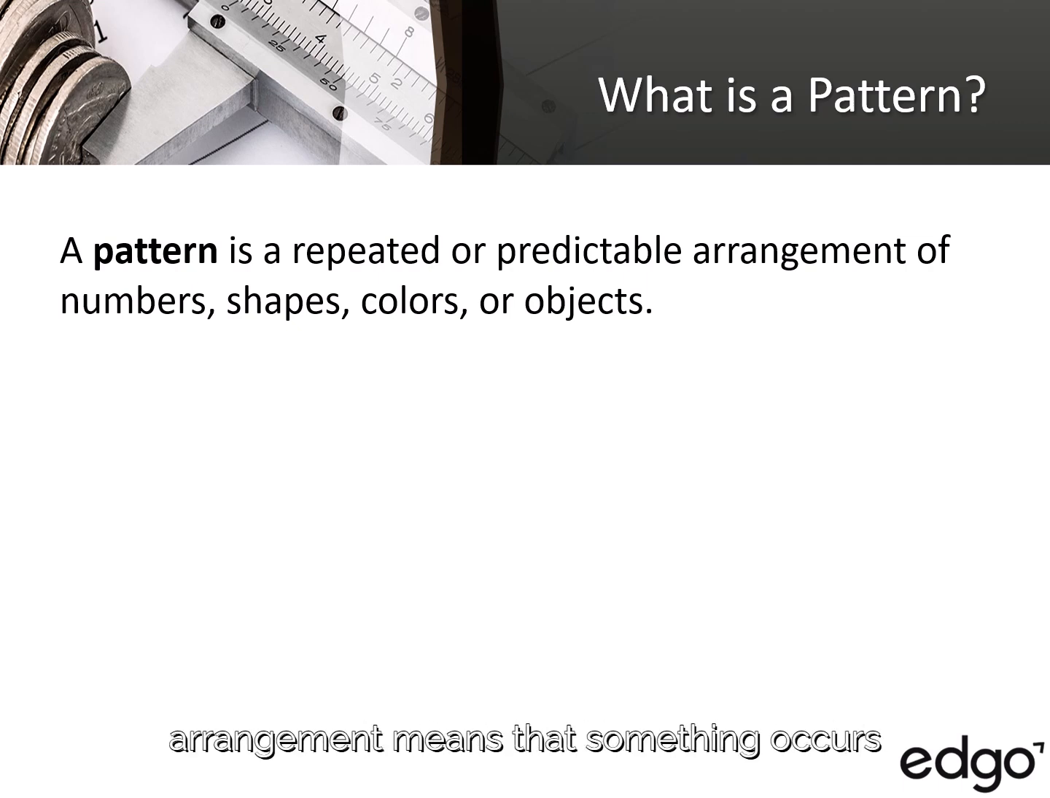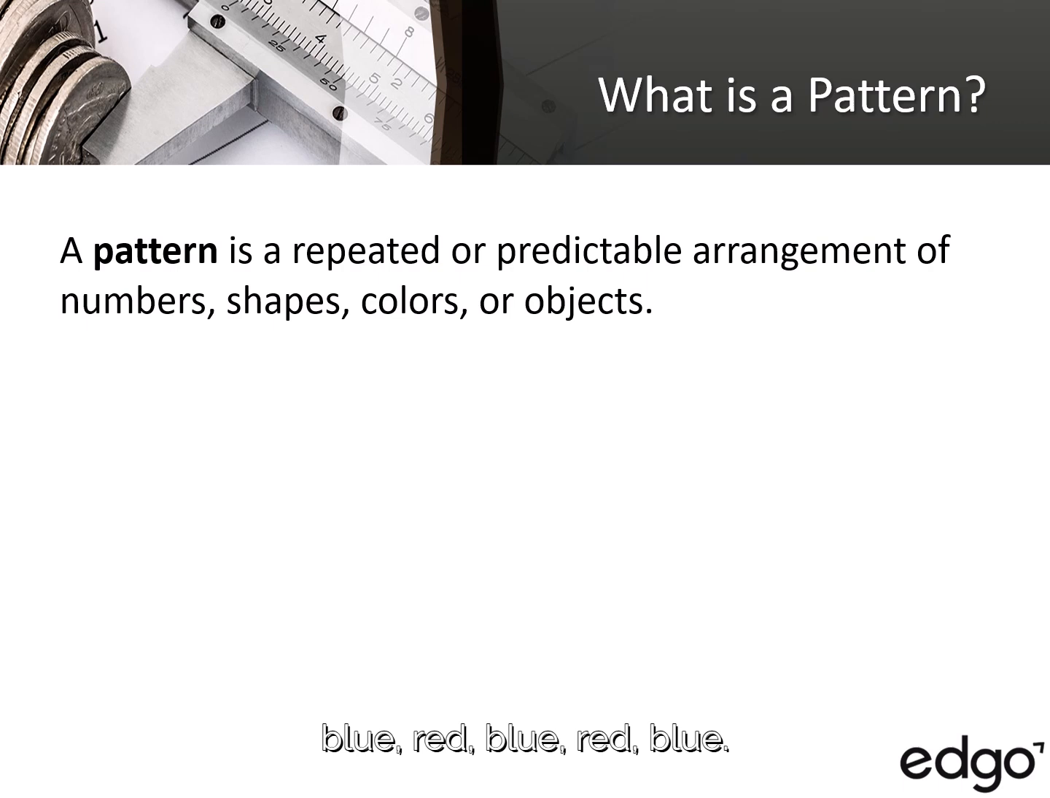A repeated arrangement means that something occurs again. For example, red, blue, red, blue, red, blue. The colors repeat. A predictable arrangement means that we can determine what is likely to come next based on a